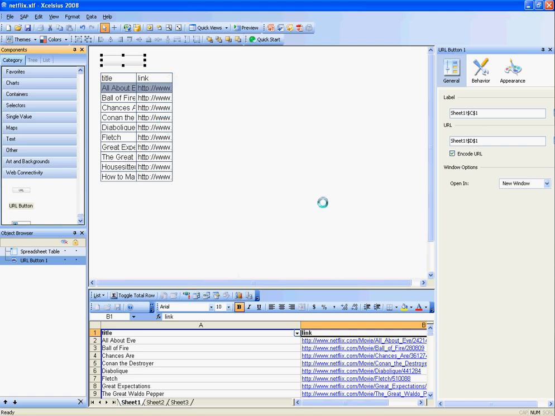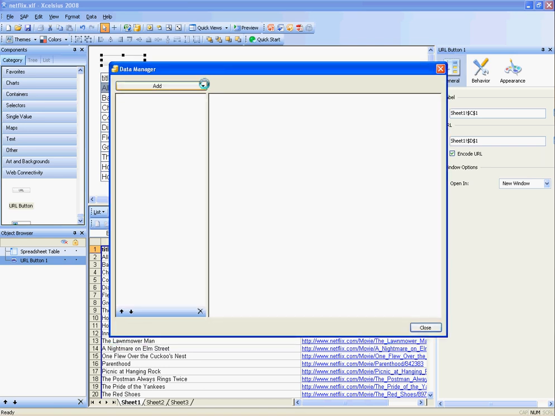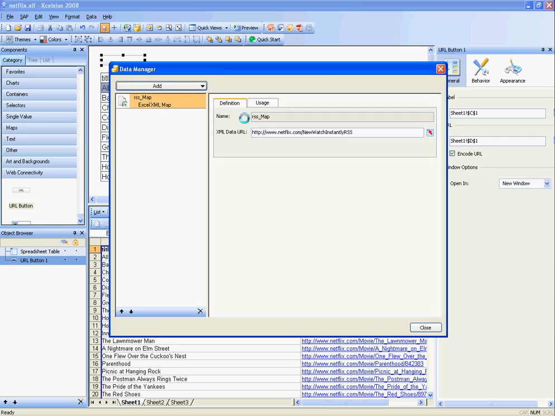However, right now this XML data is static. So as this RSS feed gets updated, my data in my Xcelsius sheet here is not going to change unless I do something about that. So what I'll do is I'll go up to my Manage Connections, and I'll go to Add. And notice I'll select this Excel XML Maps. So I'm going to connect to this, and it's going to detect all the maps available. So it's going to populate the one that I'm using right now,